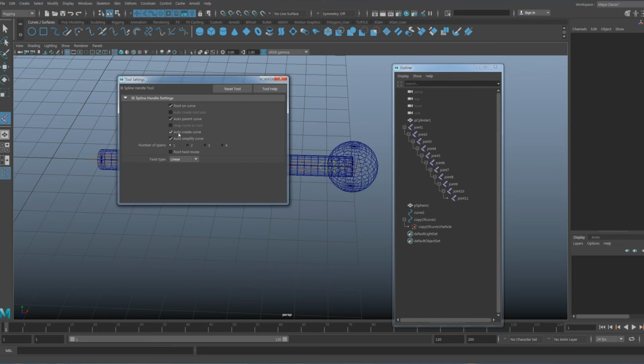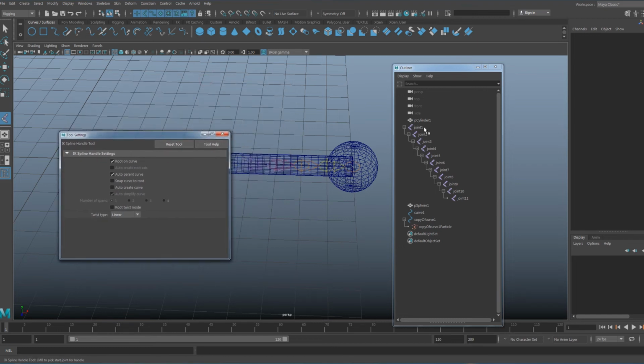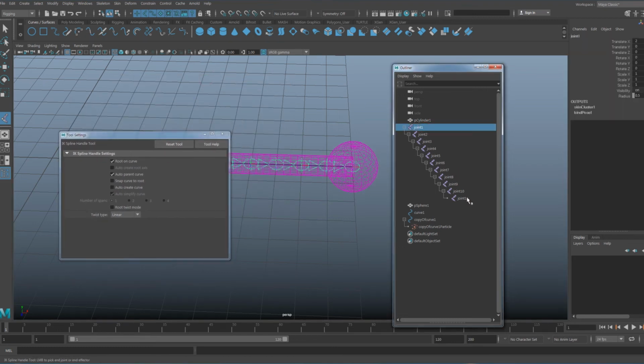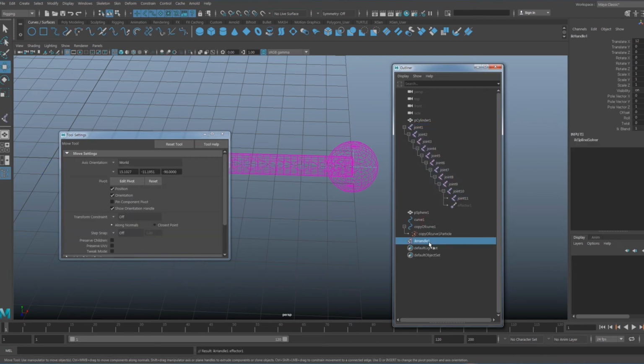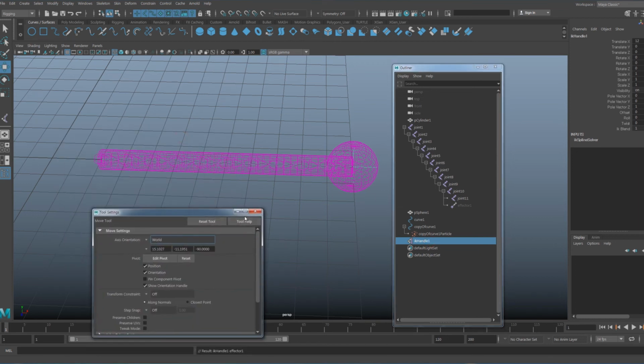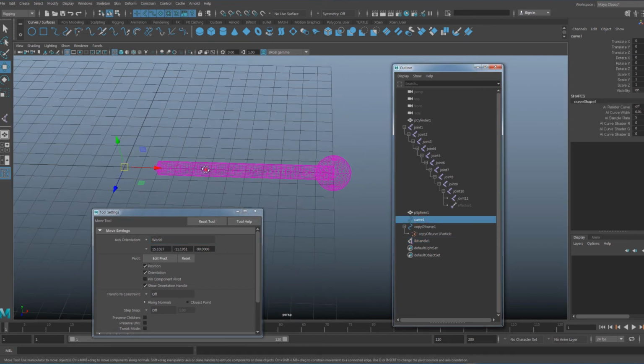I don't want to auto create a curve because I want this copy of curve to be my spline curve. So turn that off, then select my first joint, hold down the control key on your keyboard and select the last joint, and then select the copy of curve. Once you do that, you are going to see an IK spline solver created. And now if I move my curve here,